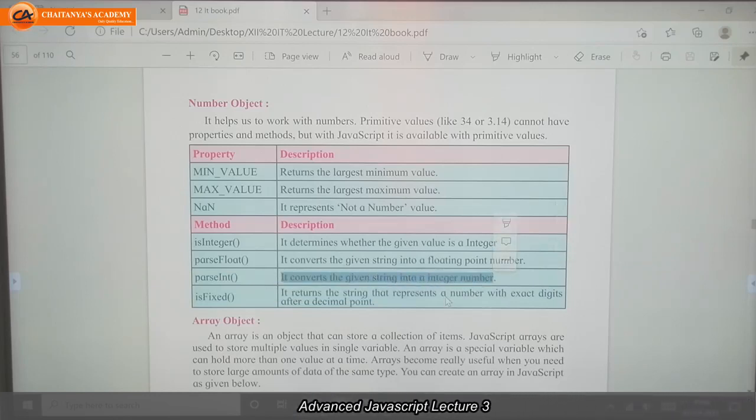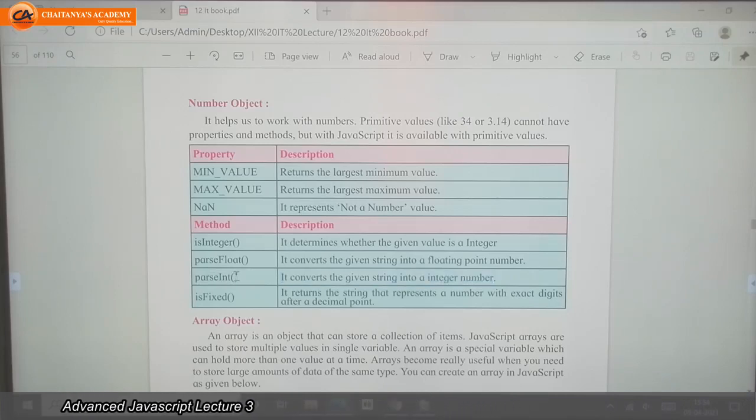But if you want to do arithmetical or mathematical operations with that, you need to convert that number into an integer, and for that purpose we have the parseInt method. In brackets we need to pass the string which you want to convert into an integer.